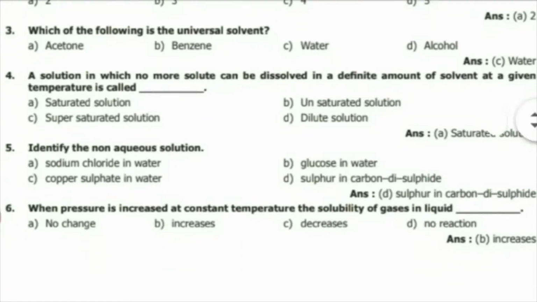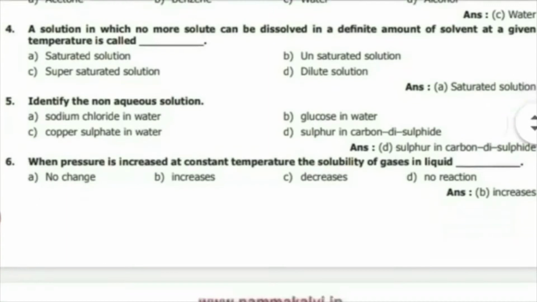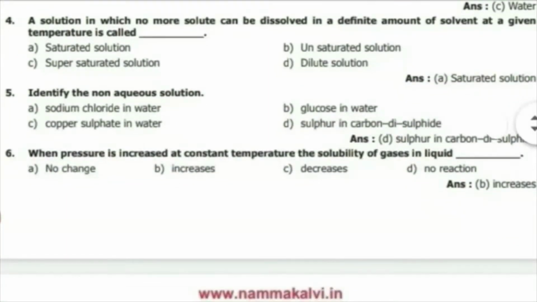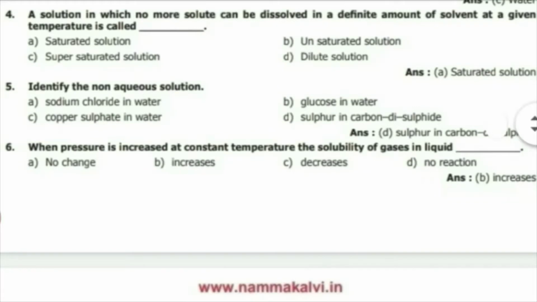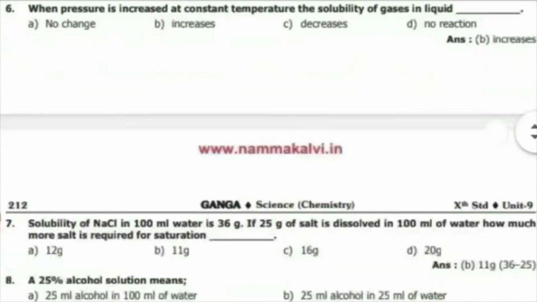Fifth one, identify the non-aqueous solution. Answer is D. Sulfur in carbon disulfide. Sixth one, when pressure is increased at constant temperature, the solubility of gases in liquid is dash. Answer is B. Increases. Seventh one,